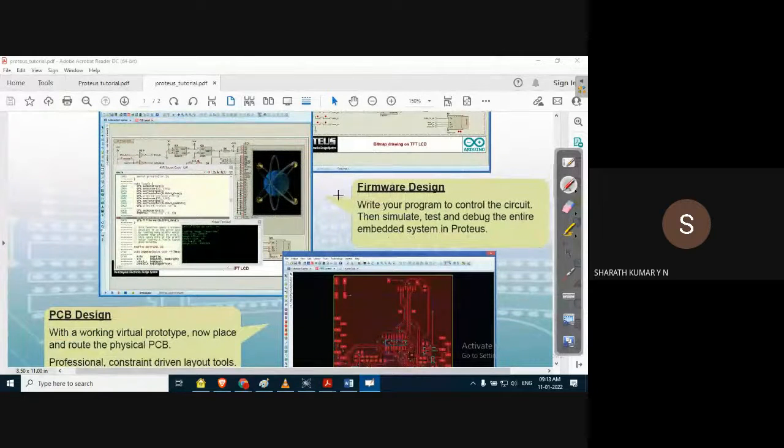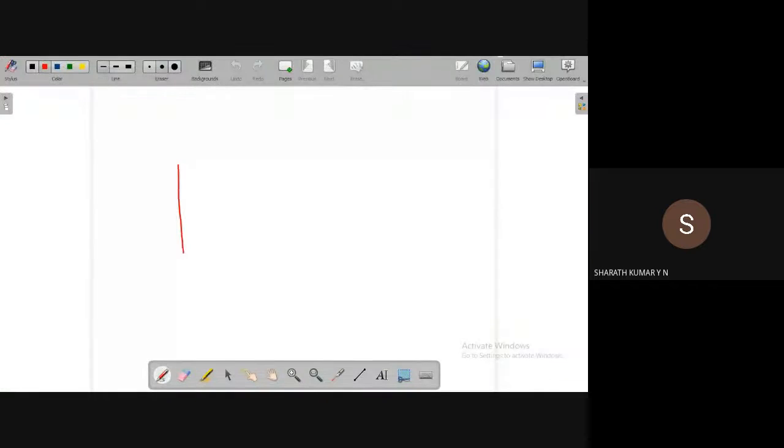Next is what is known as firmware design. The other purpose for which the Proteus software is used is firmware design. This involves writing your own program to control the circuit, then simulating, testing, and debugging the entire embedded system in Proteus. For example, we can use the Proteus software even for a combinational circuit design, for example, a half-adder circuit.